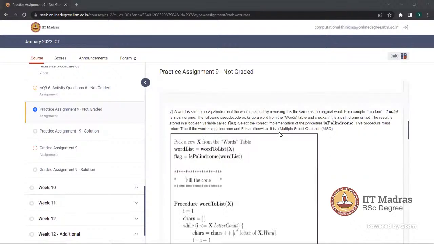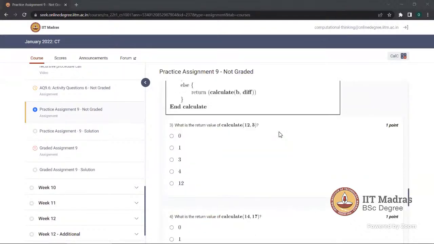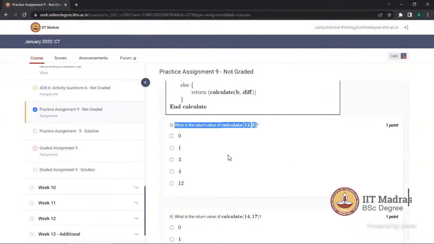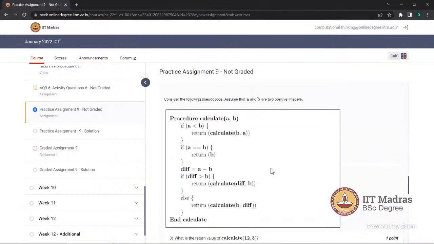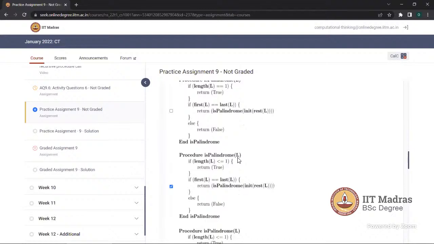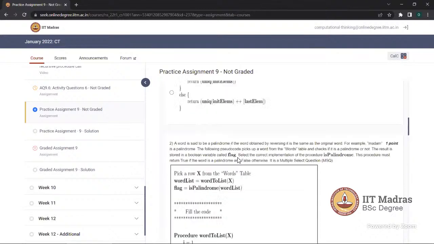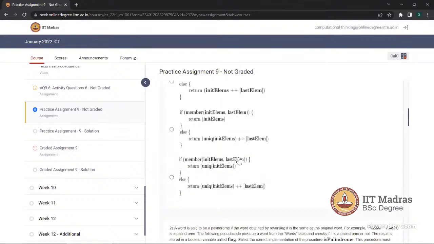Okay. This is the one, right? What is the return value? No, I mean the above code. In that above code, we have a procedure called check balance, which has a parameter amount. I am not sure which assignment you are talking about. Practice assignment 10, sir.